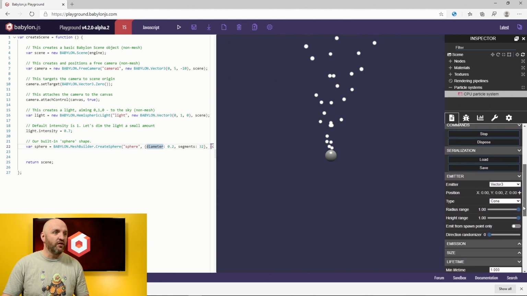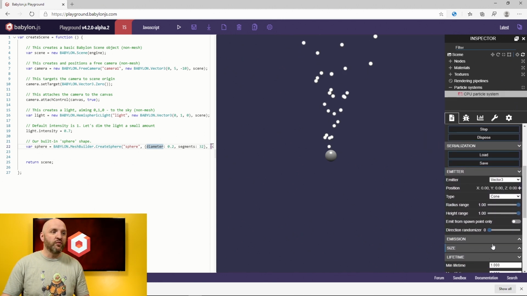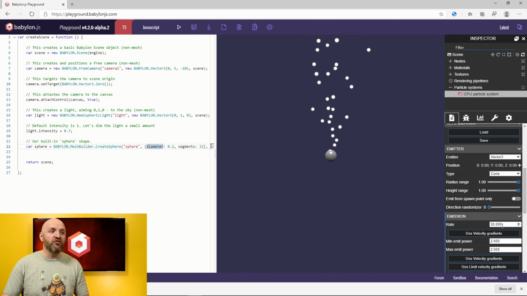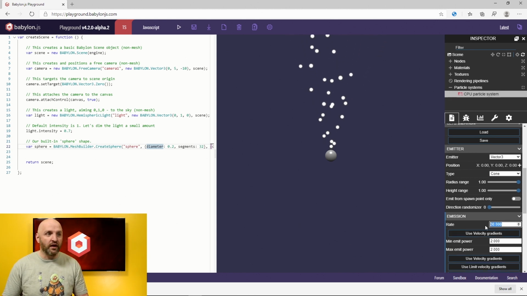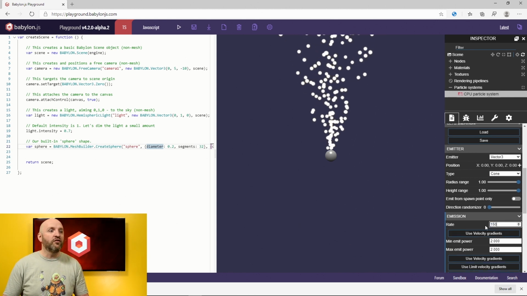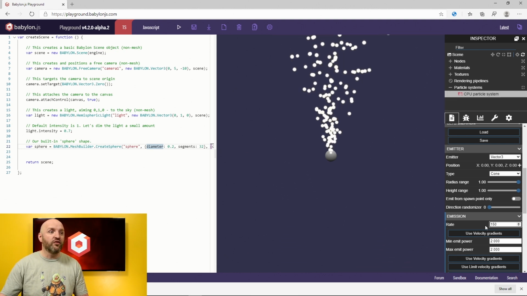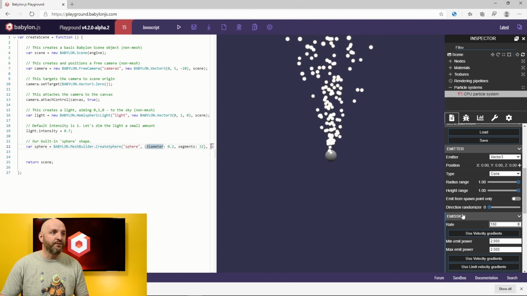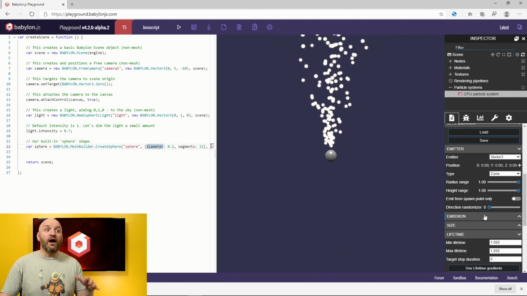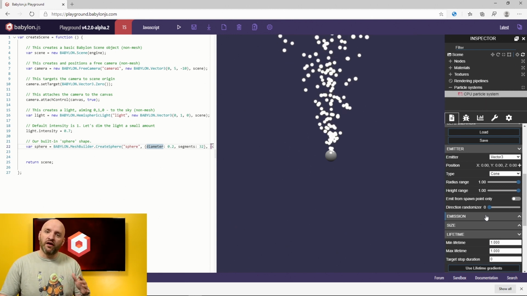We're going to boost that a little bit through one of the options we have here, the emission. During the emission, I can say, okay, instead of 30, I want like 150 particles. You can go crazy, like 1,500, but let's say just 150. It's perfectly fine so far. There are plenty of properties and we're going to see some of them.